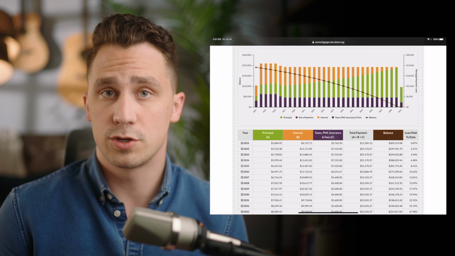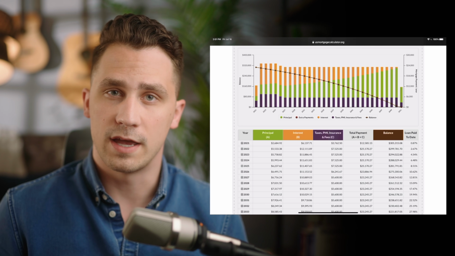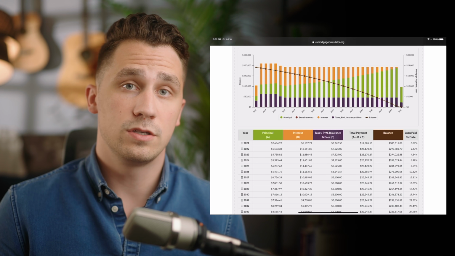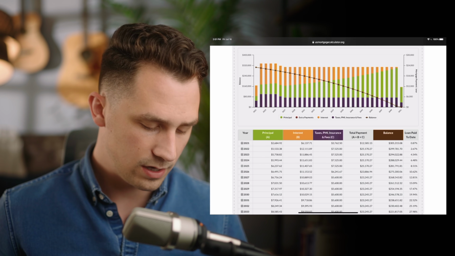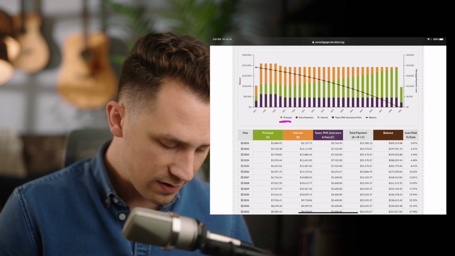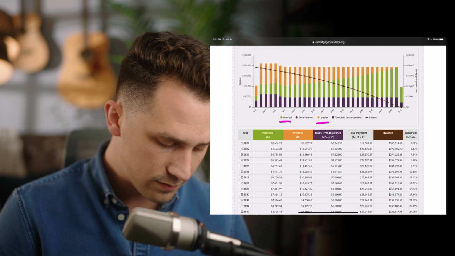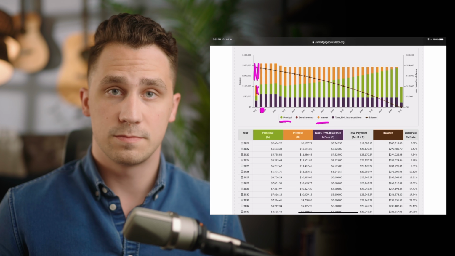Homeowner's insurance, if your insurance cost goes up, then so will your mortgage payment if you're including that in your escrow accounts. And it could go down. Maybe you get some savings on your insurance and that lowers your monthly insurance payment. But we can see here in this chart, in the green we have principal, in the yellow we have interest. And so it's interesting in this first year we can kind of see the spread. There's so much more interest being paid than principal, and that's super common.